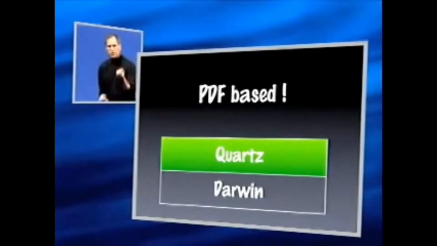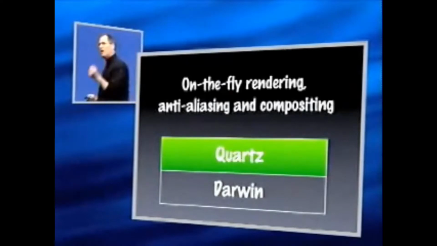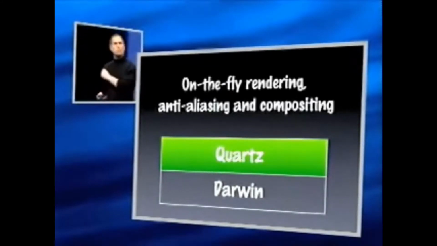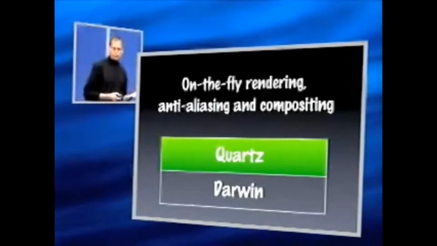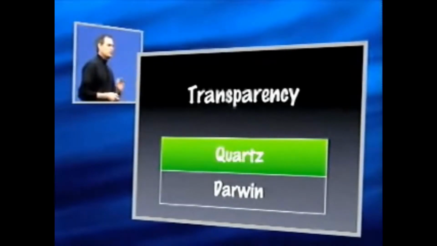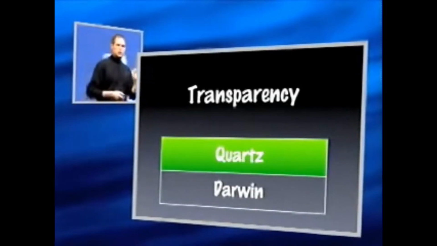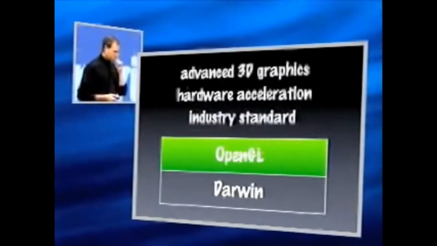Well, that technology is now at the core of Mac OS X's graphics. So you can image PDFs instantly. We have on-the-fly PDF rendering, anti-aliasing, and compositing, which will blow you away, built at the core of the OS. So now all applications get this for free. And we have built-in transparency into the model. And I'll show you that in a few minutes.